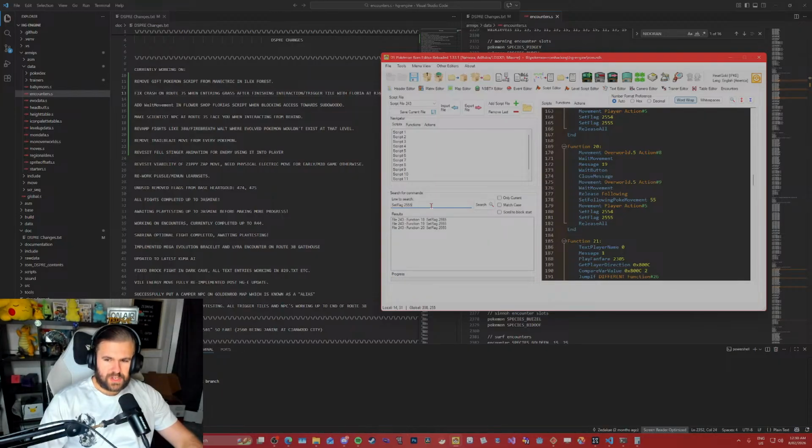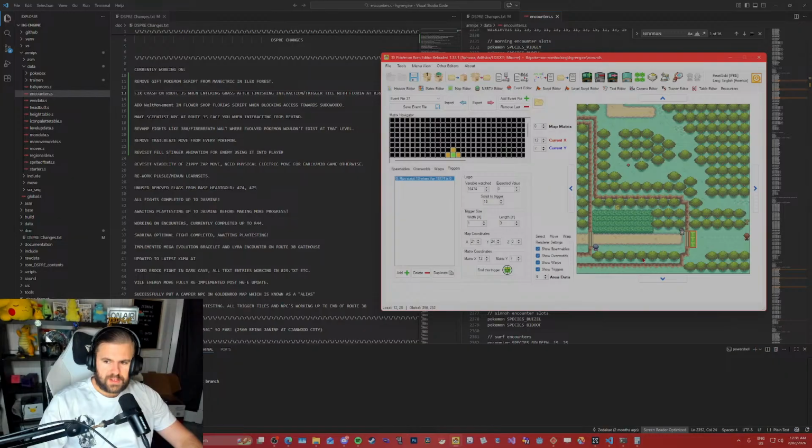So I just searched it in the command base. Set flag 2555, script file 243, functions 18, 19, 20. But basically what it's saying is once a flag is set, all it's doing is removing...